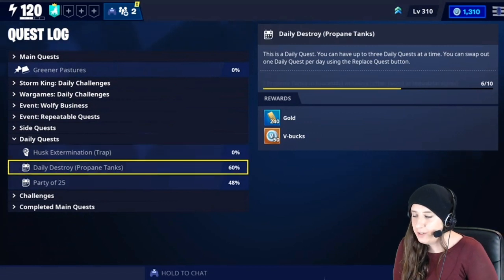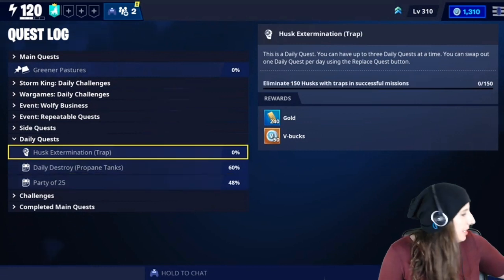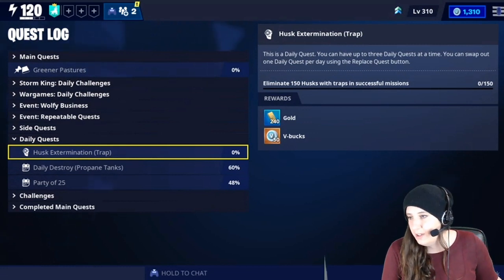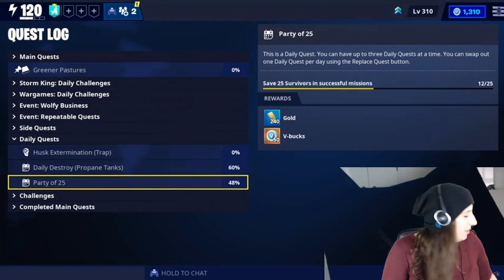So let's take a look. I want to always start by having a look at my daily quest to see what I need to be working on during the mission. Trap kills should be easy. Propane tanks is pretty easy. And survivor